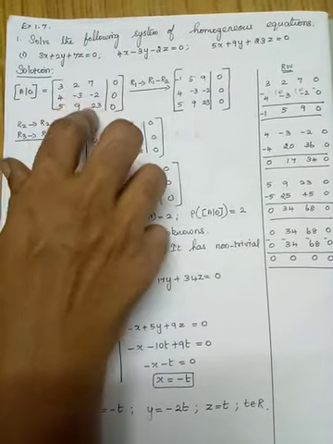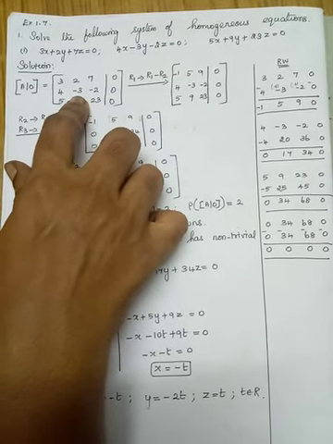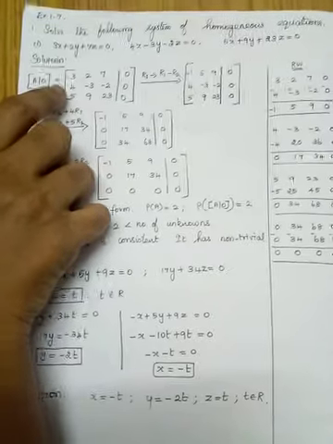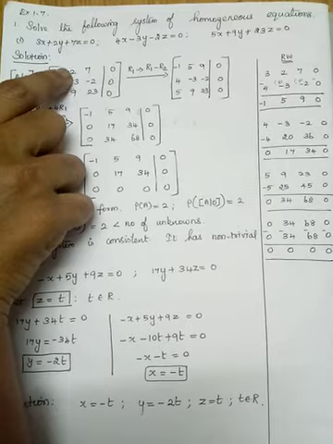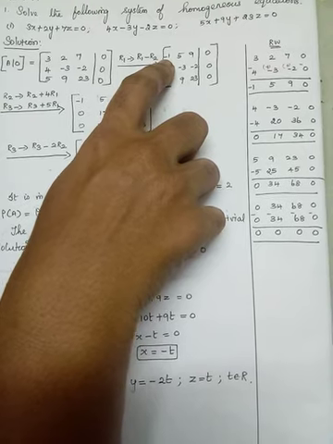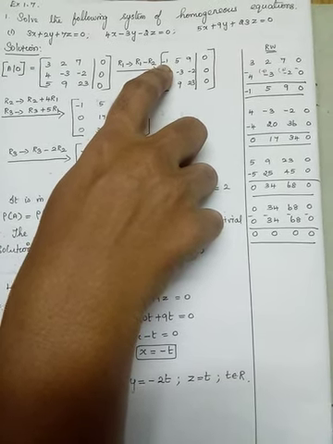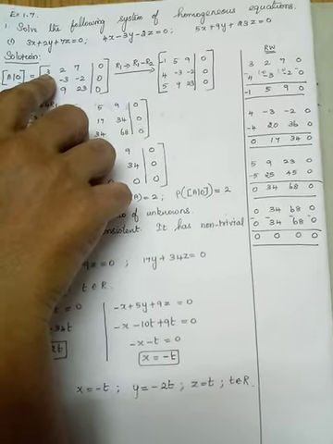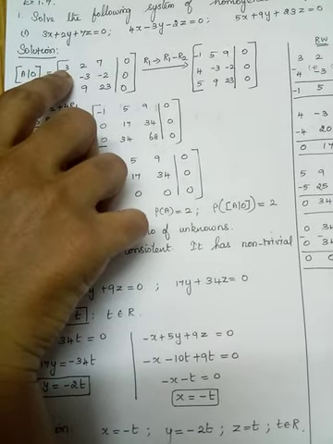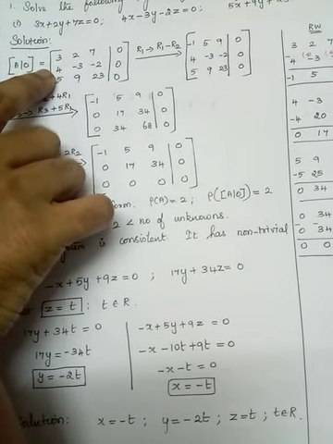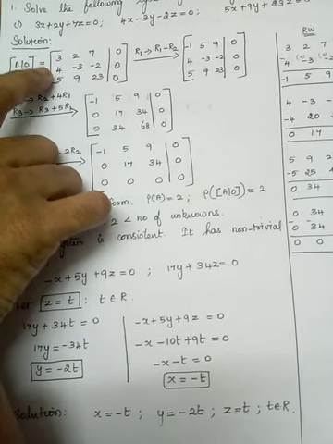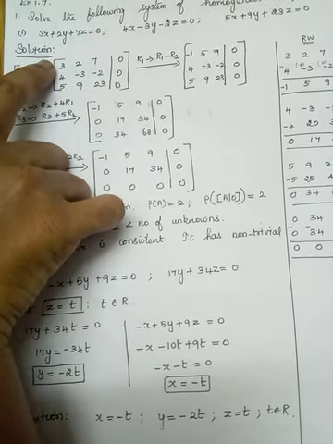Here what you have to do is bring this into echelon form. Echelon form means we have to make these two elements 0. So for that, you see, the first element I made as -1. Why did I make it -1? It is easy for us to do the calculation, nothing else. You can keep this 3 as it is and make these two elements 0. If you keep 3 as it is, the R2 transformation would be R2 implies 3R2 minus 4R1.